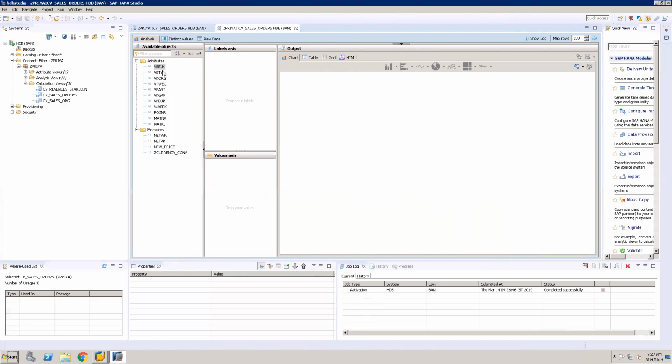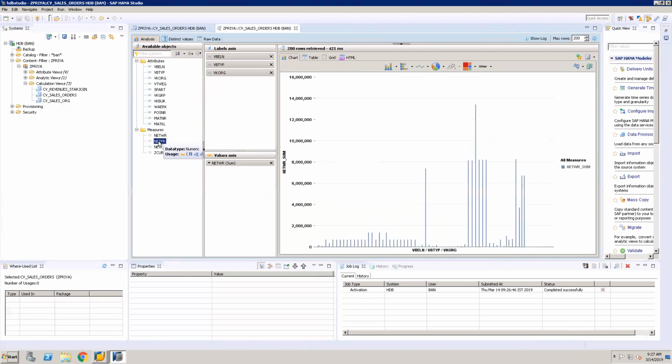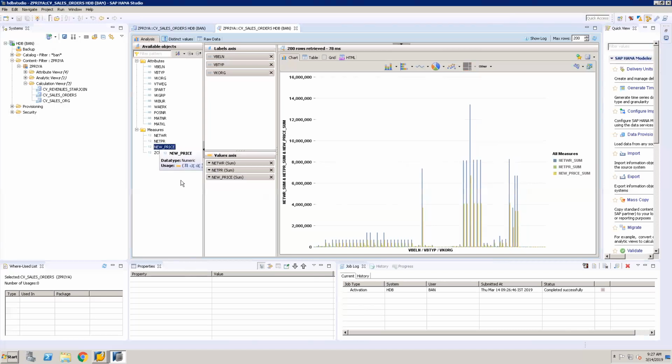Drag and drop. Sometimes it gives a problem. Okay, now I got it, right? So select it and drag and drop it. Depending on your requirement, you can take these fields in your value access here: net price, NETPR, and then new price, and then this is our currency conversion,